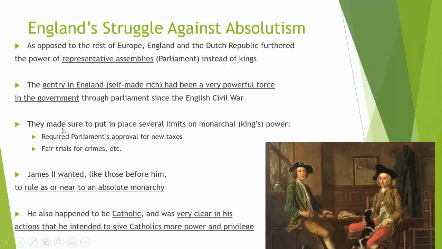So as we keep going, after the English Civil War, Oliver Cromwell rules for a little while, and then it moves on to Charles II. Charles II kind of takes England back to what it was before the Civil War, a king that had a lot of power. When he passes away, James II takes over, and they don't like him because he's secretly Catholic and tries to give Catholics more power, and they did not like being ruled by a Catholic.